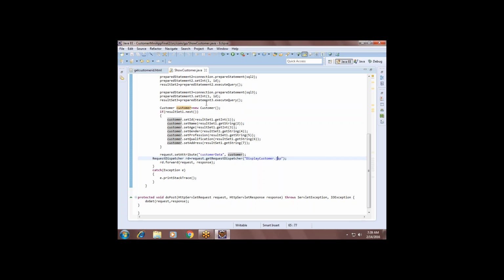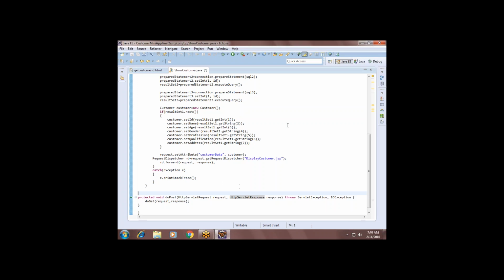Understand? Because I cannot directly send the result set. That's why I am picking the data from the result set and adding it to the customer. Then I am forwarding the customer instead of the result set. Result set is not a serializable object. You cannot pass the result set. Even if you pass the result set to the JSP, you have to create the result set again, with JDBC code, right? But you should reduce the Java and JDBC code in JSP. You should not prefer Java and JDBC code in JSP. That is the rule.